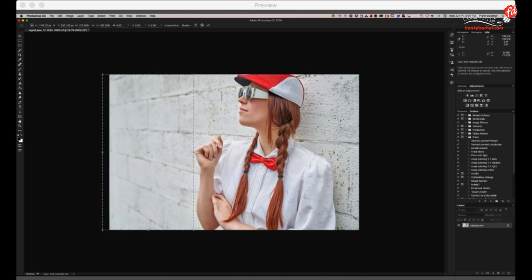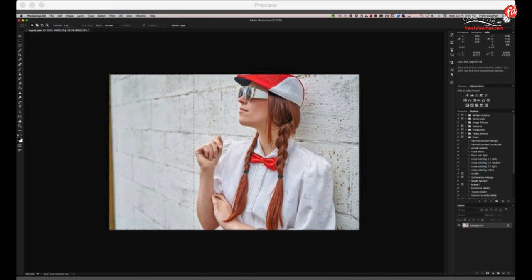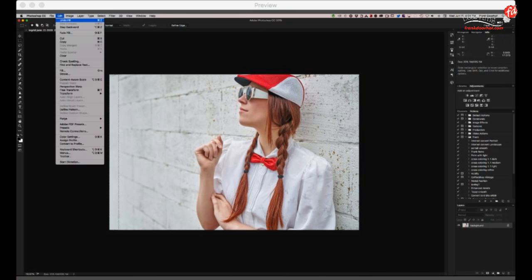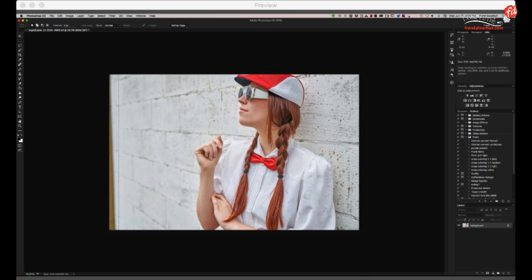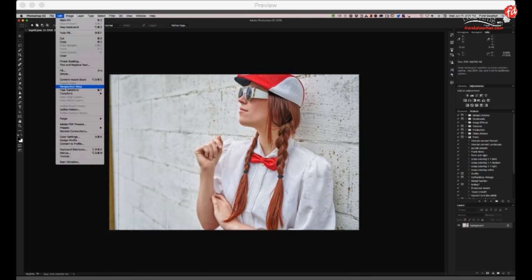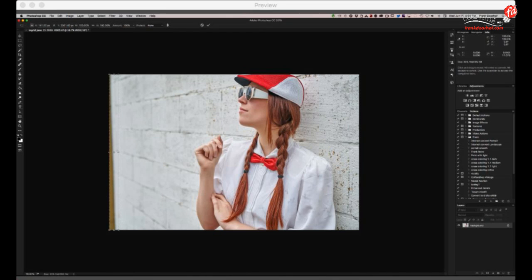What you can also do, and a lot of people love that one, is make the marquee a little bit smaller and press delete or backspace and use content aware fill. The problem with content aware fill is that it actually doesn't take over, in most cases, these areas perfectly. It does it pretty well, as you can see here, but it's not perfect. So in this case, because it's only a small part, I prefer the scale. What you can also do, of course, is edit, transform, and content aware scale. So you have all these different options. Just choose what you like. But in my case, I will make the marquee just a little bit bigger again, and I will just drag